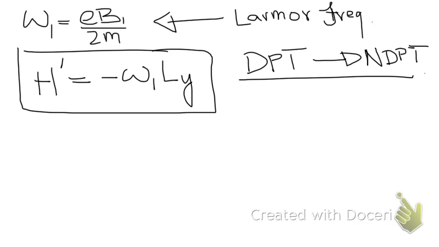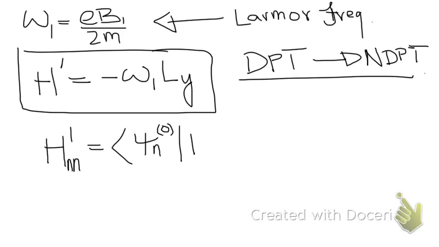Now let's recall that from our time-independent non-degenerate perturbation theory, the energy corrections are written as H n is equal to psi n zeroth order,